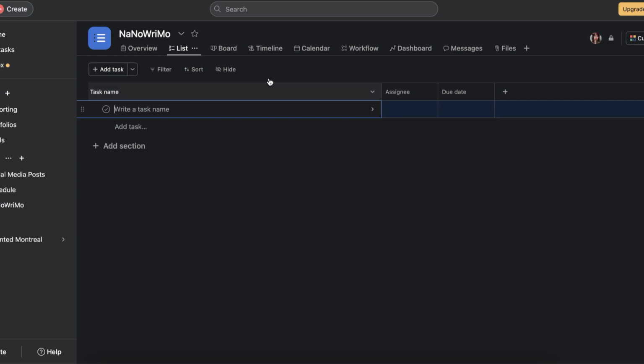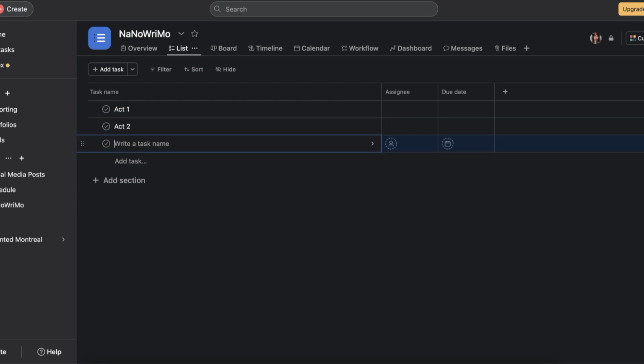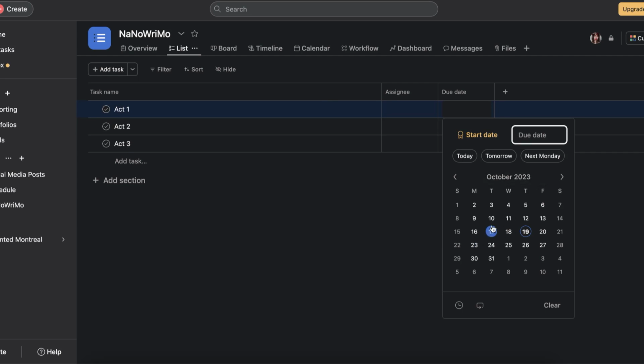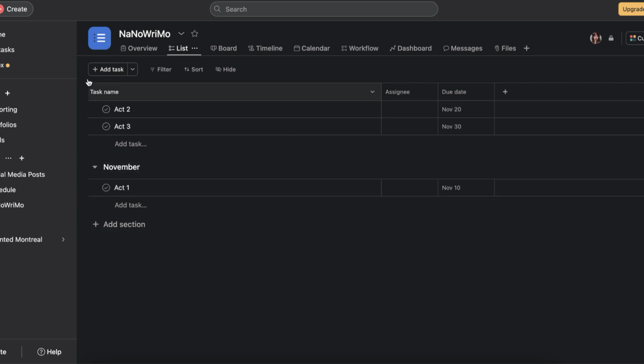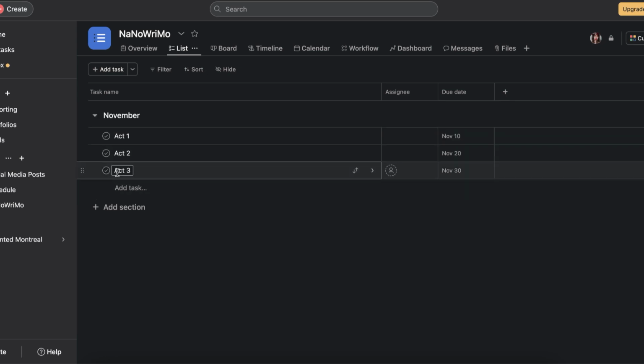November has 30 days, so let's give 10 days to each act and one extra day to wrap it up. So we'll have Act 1 complete November 10th, Act 2 complete on the 20th, and Act 3 complete on the 30th. Within this, I will create word count tasks with 1,667 words per day. When you complete a day, you can make notes to yourself regarding what you want to work on the next day,